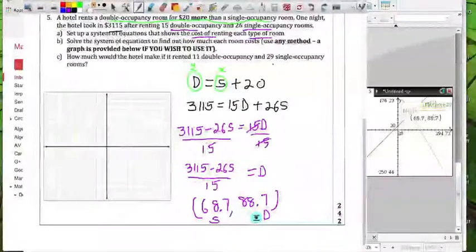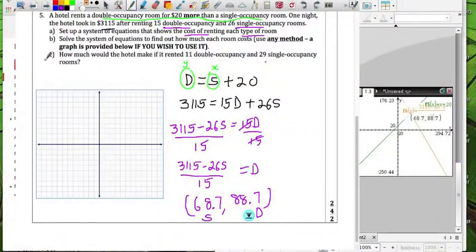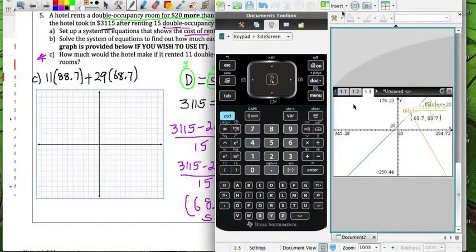And then the last little piece just asks how much the hotel would make if it rented 11 double occupancy and 29 single occupancy. And so that's an application. All we need to do for this is a quick substitution. And so we have 11 multiplied by the double occupancy rate plus 29 multiplied by the single occupancy rate, and we can just do that calculation